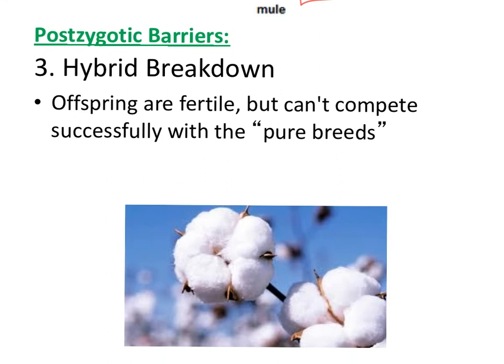And then lastly, 3, hybrid breakdown. This one really only occurs in plants and isn't as common, I guess, but this is a postzygotic barrier where the hybrids can have babies, all is fine and good. They mate, they have a baby, the baby's born, lives a good life, that baby can have babies, but then that baby that's born isn't as fit or as strong. I don't know if strong is the best word to use, but it's not as good as the normal purebred babies.